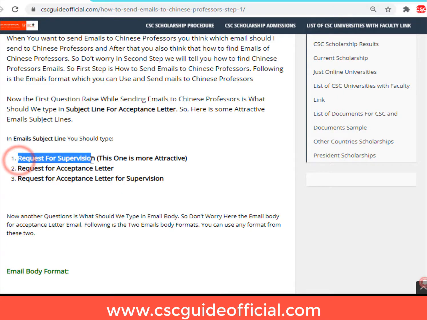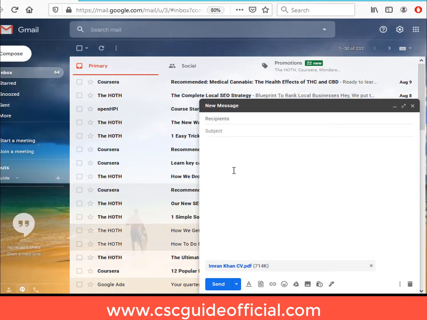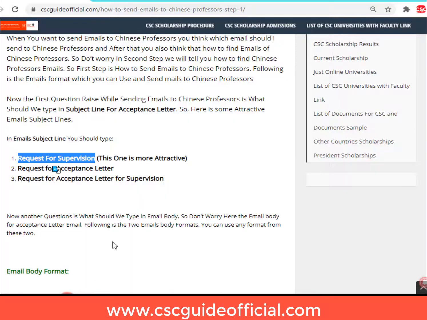So I copy the request for supervision and go to my Gmail. You can use every platform like Gmail, Yahoo, Outlook, and another one is QQ. It doesn't matter. Just paste here request for supervision. The recipient to whom you send emails, we will discuss in the next video, how you find Chinese professors' emails. So don't worry about this. In this video I will tell you how you send email to a professor. Okay, this is copied, and the next